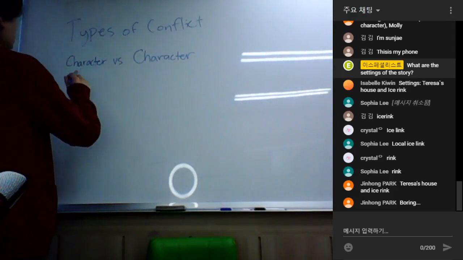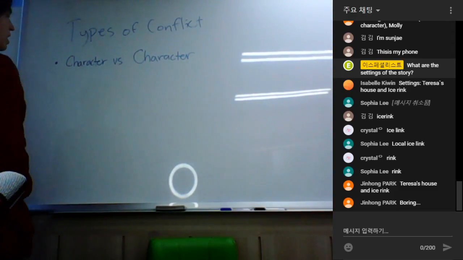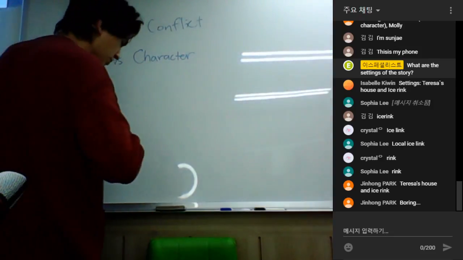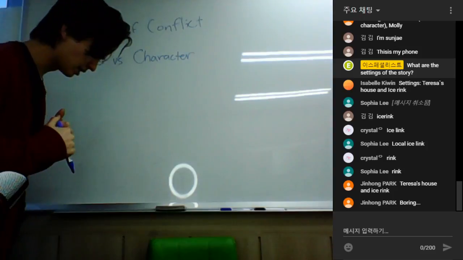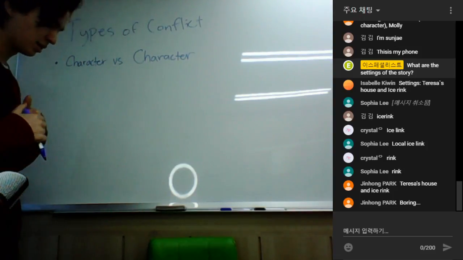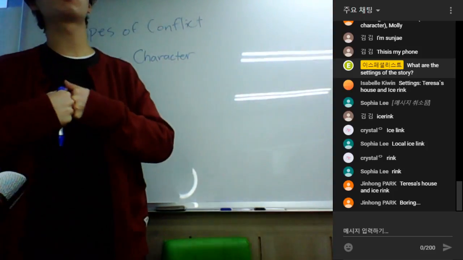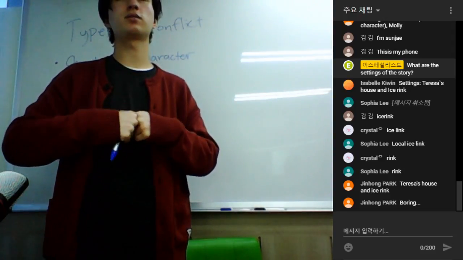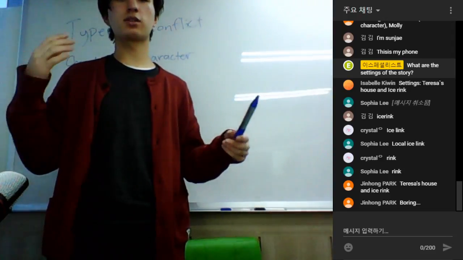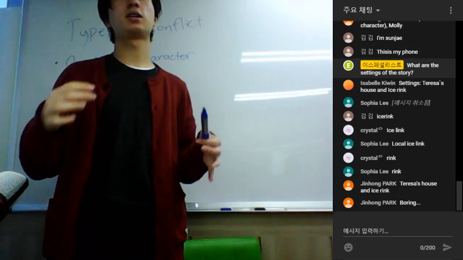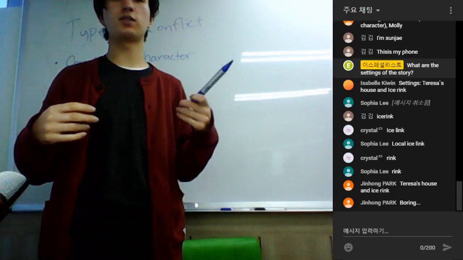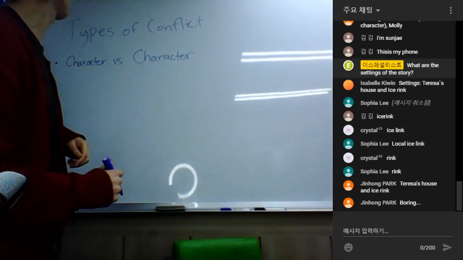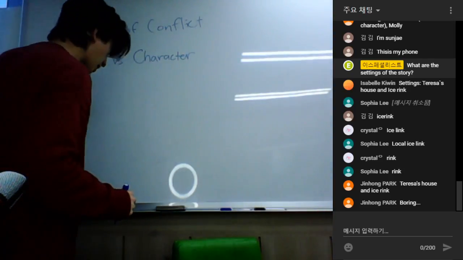So here, character versus character is one type of conflict, right? The characters are fighting against each other. What's an example of a character versus character conflict? Harry Potter is fighting against Voldemort. Character versus character conflict, right? The Avengers are fighting against Thanos. Character versus character conflict, right? They're fighting against each other. One kind of conflict, right? That's a problem. We also have